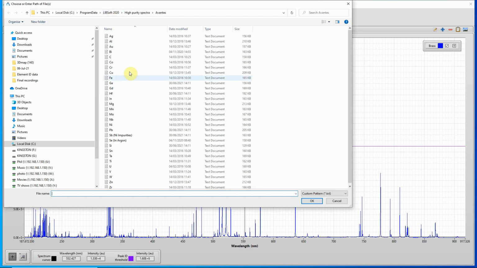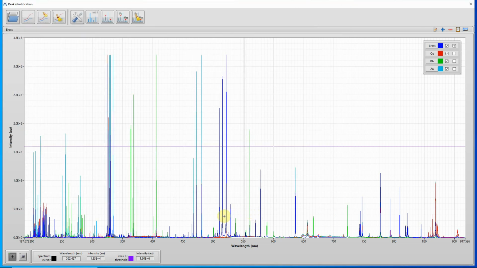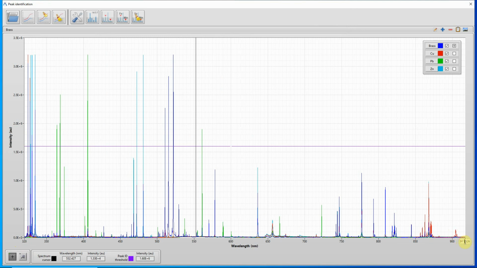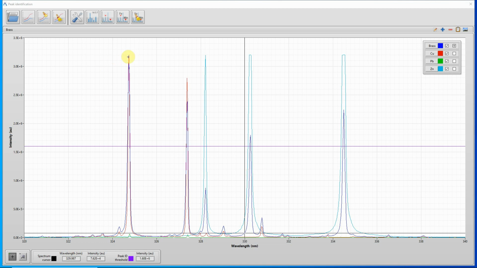So, for example, if we load the spectra for copper, lead, and zinc for comparison with the brass spectrum under analysis, and then zoom into the range 320 nanometers to 340 nanometers, we can see the peaks in the copper spectrum in red and the zinc spectrum in this cyan colour match quite closely with those of the brass spectrum shown